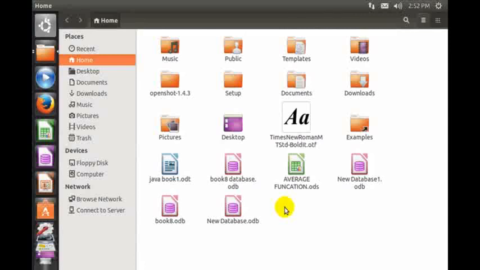Edubuntu opens the Home window. It is divided into two panes as shown in the figure. The left pane of the file browser, titled Places, displays the commonly used folders as shown in the Home folder. It also displays the devices and network options. The right pane displays the contents of the folder that is selected in the left pane.